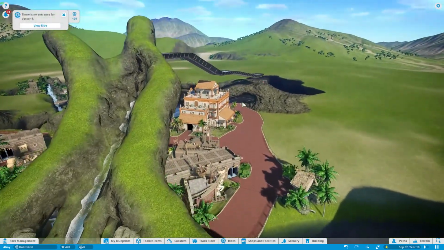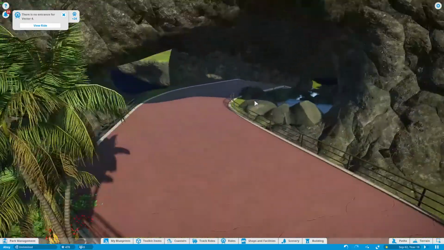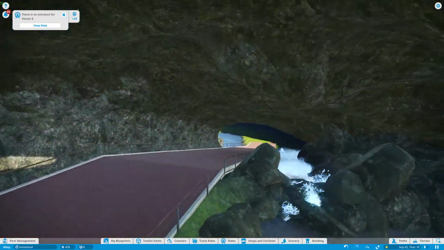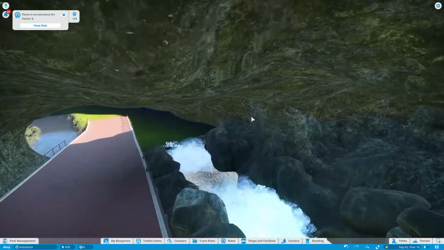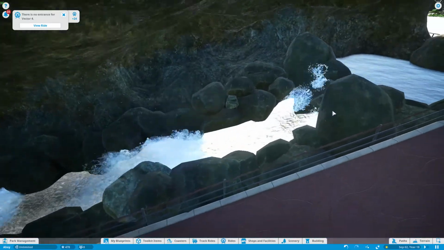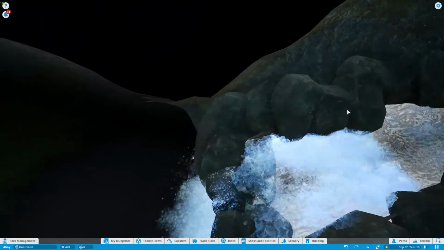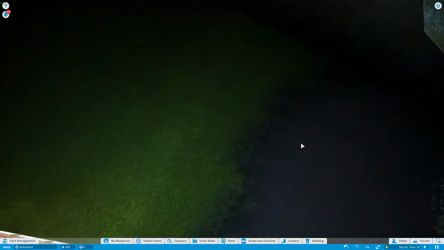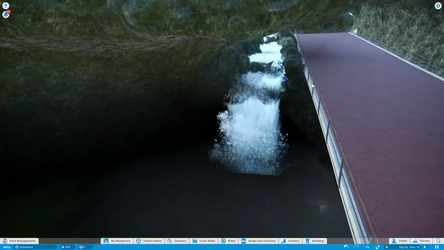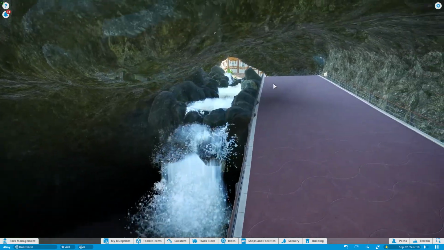I'm going to show you what I did here and more of what I'm doing there to get this effect of running water, which looks like a river actually flowing through rocks and whitewater rapids. You have to get tricky with the game. You gotta manipulate settings so that you don't get these